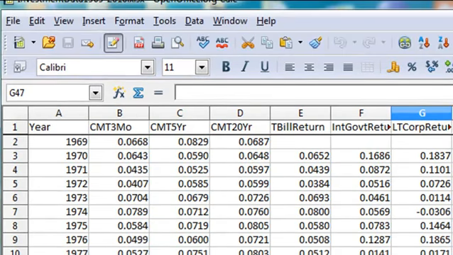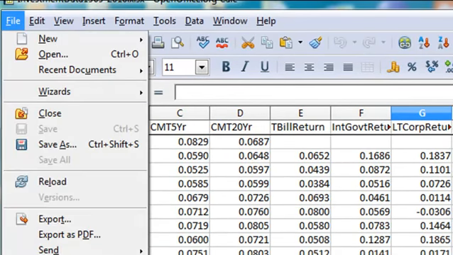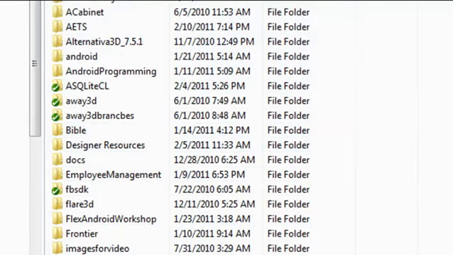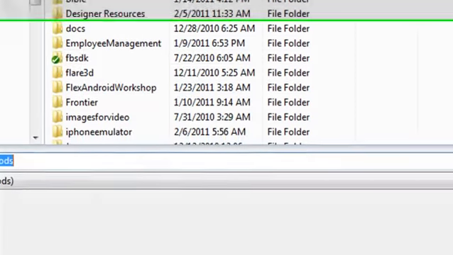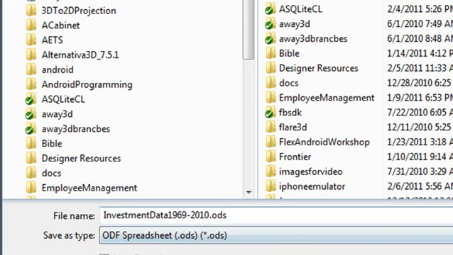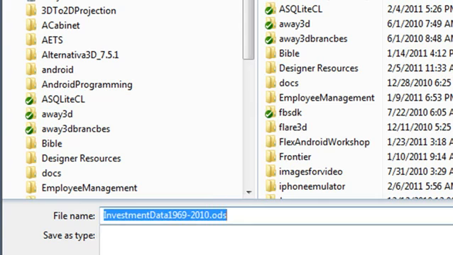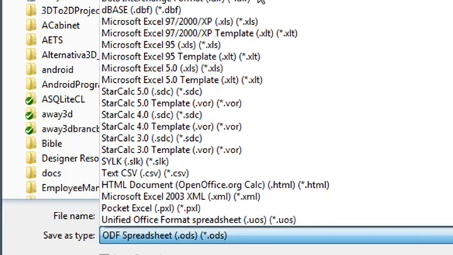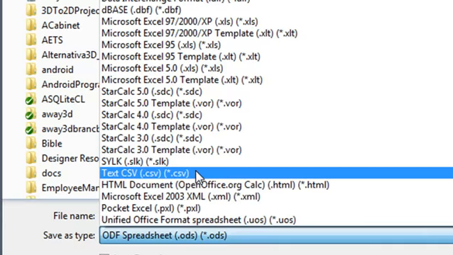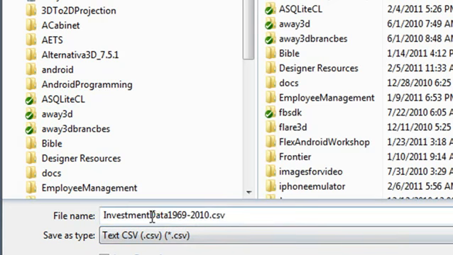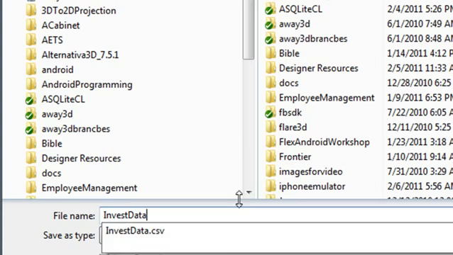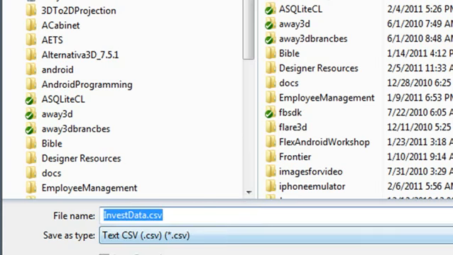So just go to File. This is really easy to do. Go Save As, and bring this down so you can see it. We're going to go to the tab bar here and choose a particular data type, and let's use CSV, comma separated data. Let's click on that, and we're going to rename this investment data, just something easy. Invest data. That's pretty easy. Click on that. We're going to go ahead and save that,